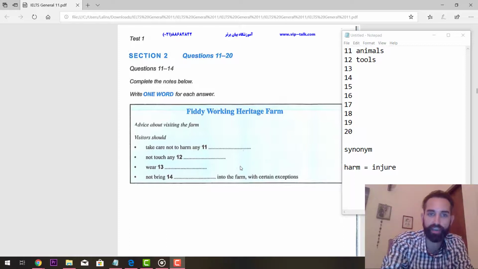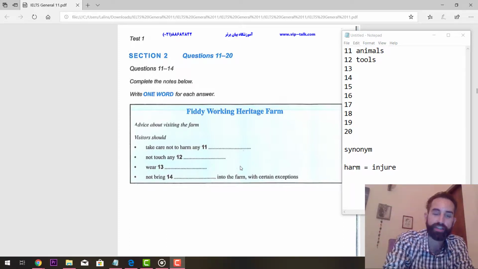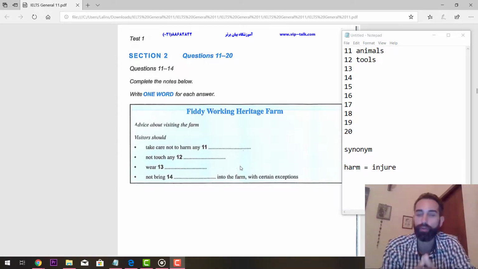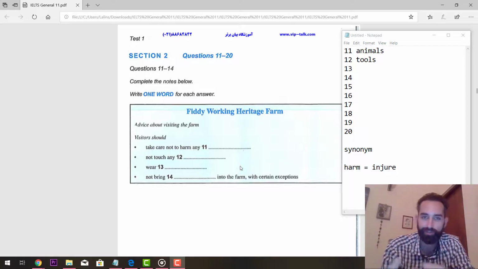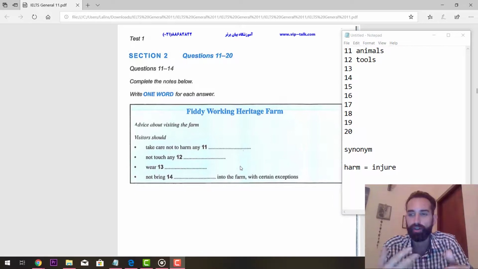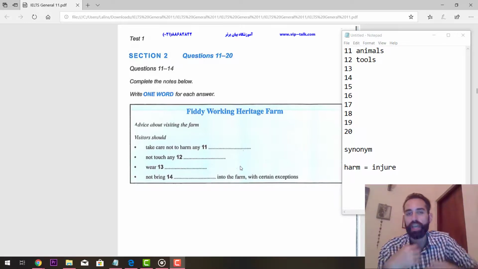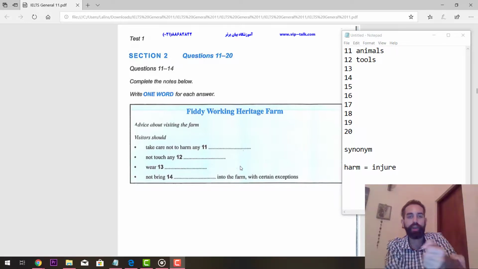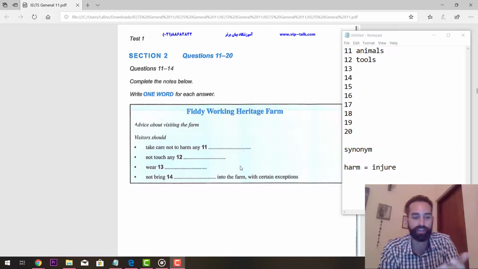You could say, take care not to wound any animals, take care not to hurt, take care not to damage. All of that would work, although usually you would use damage in the sense of something that isn't alive, like machinery, a car, or a factory. Most people wouldn't say, oh, you damaged my hand, or you damaged my arm. If they're wounded, they'll say, oh, you hurt my arm, you hurt my hand. They would say things like that because those words are more